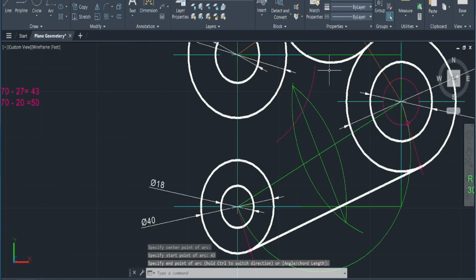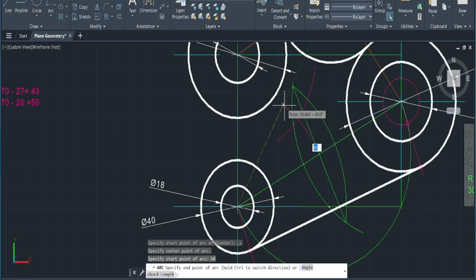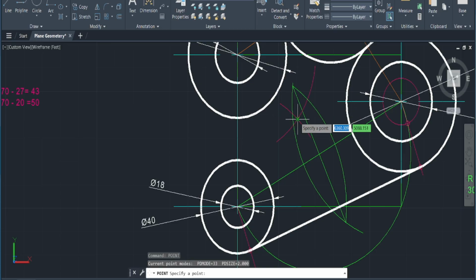We're going to cut, then we're going to do the other one, which is the 50 arc. We're going to come here, do 50, and then arc, and cut. We're going to mark the point, we're going to draw our line between them,